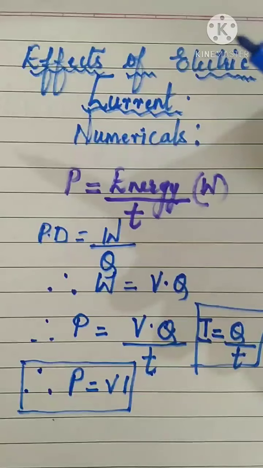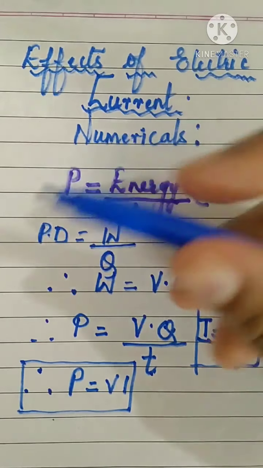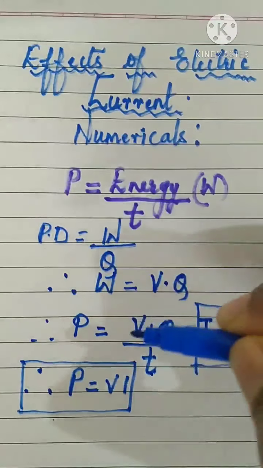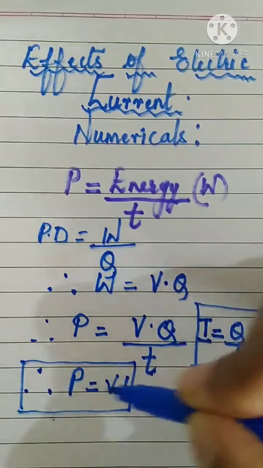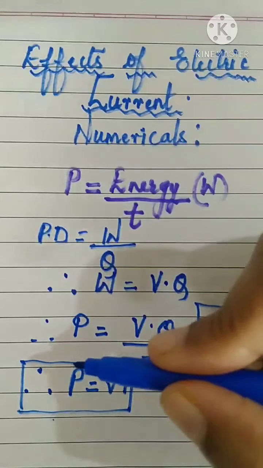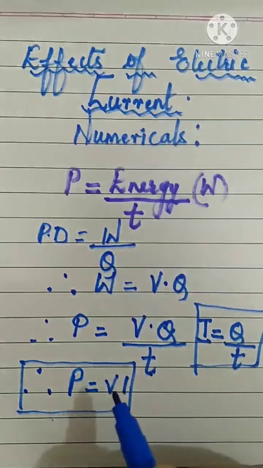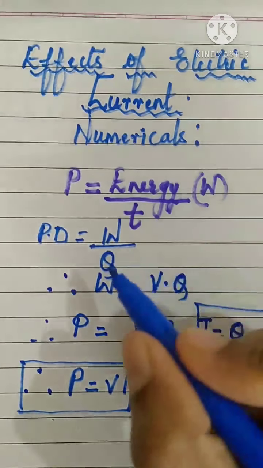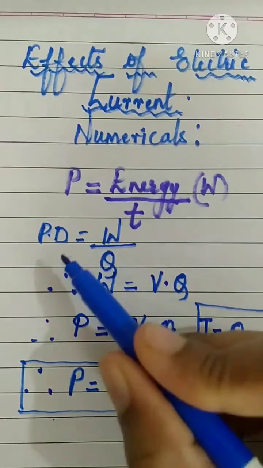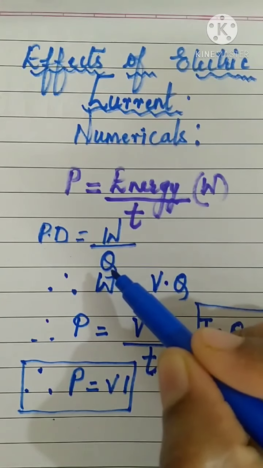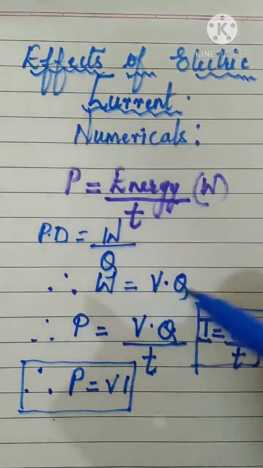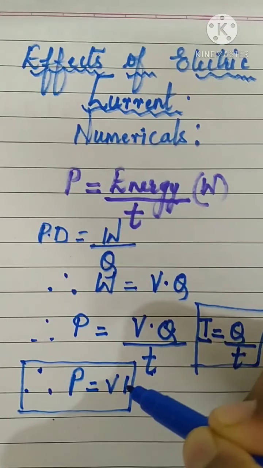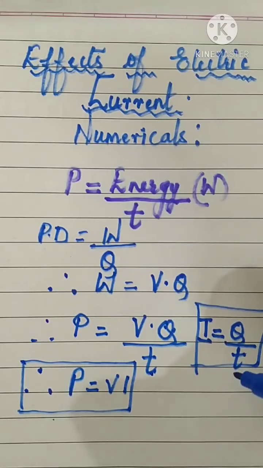Similarly, there is one more formula of heat which we came to know in the last class; when we solve numericals, we will recap it. For the time being, P is equal to VI. What is this V? V is volt and I is current. Just now we got about volt. How much is volt? Volt is work upon charge. And what about I? I is Q upon T.